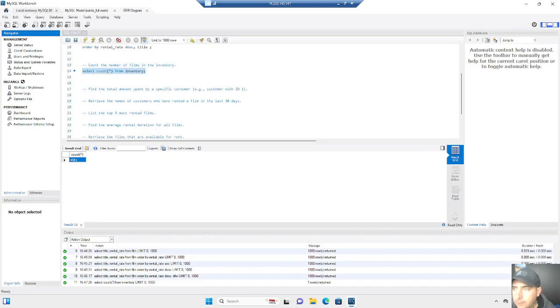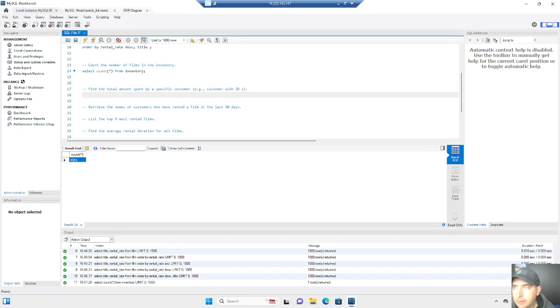All right, let's find the total amount spent by a specific customer. Why might you want to do this? Well, because you might want to know how much a certain customer's value is, or analyze your underperforming or your best